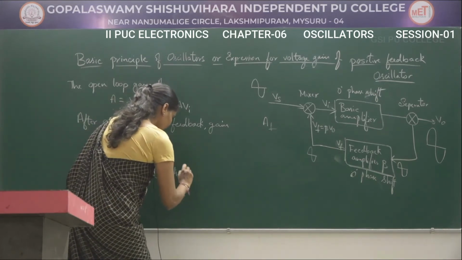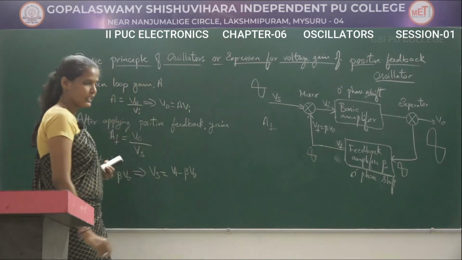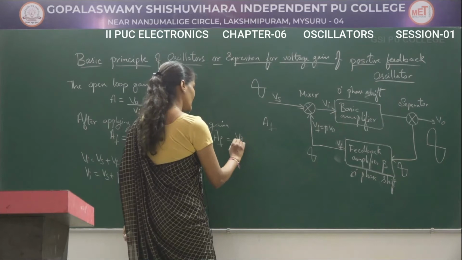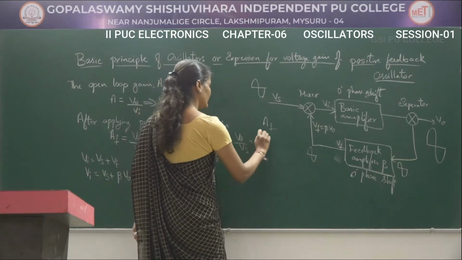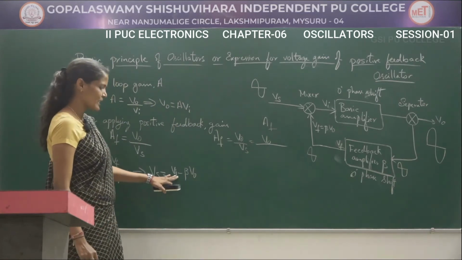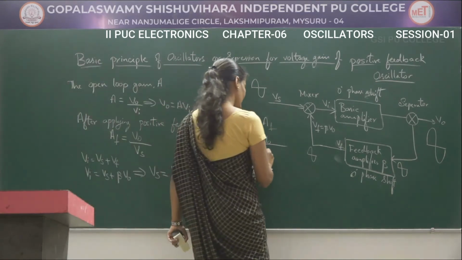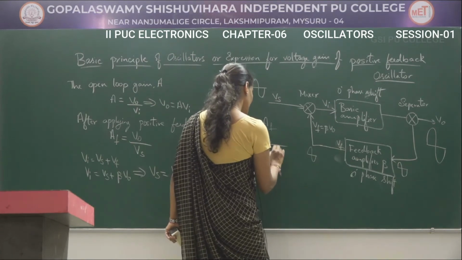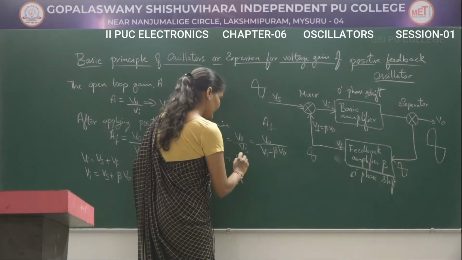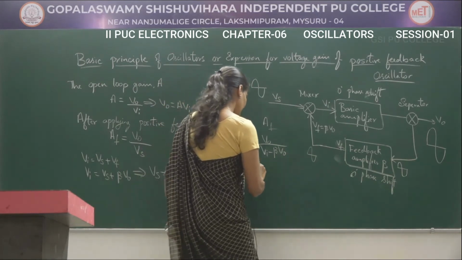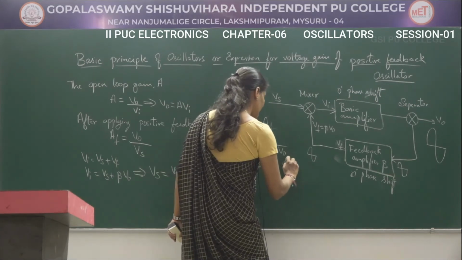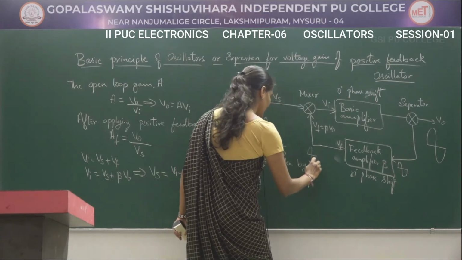Vi minus beta times of V0, right? But we know that AF is equal to V0 divided by Vs. V0 will be written as it is, but in place of Vs we are going to substitute Vi minus beta V0, Vi minus beta times of V0. If I am going to divide both numerator and denominator by Vi, what we